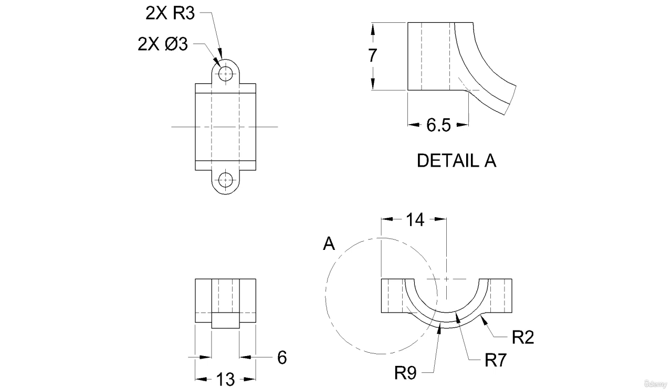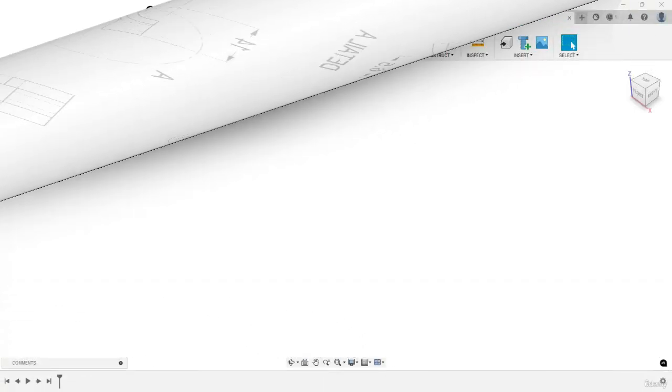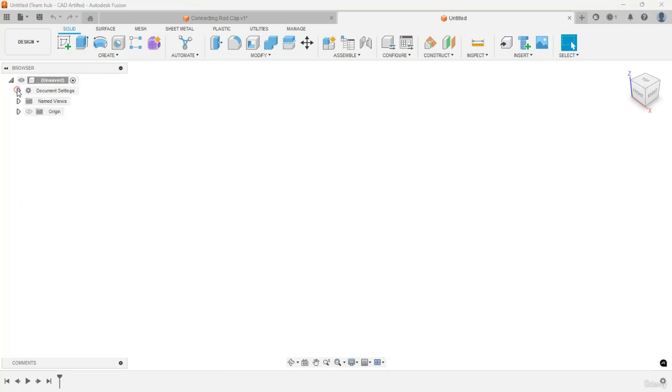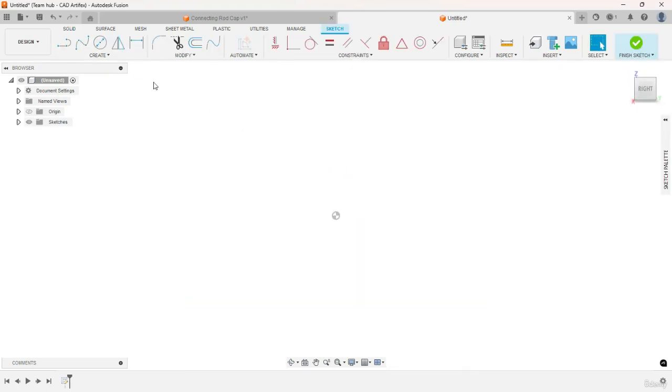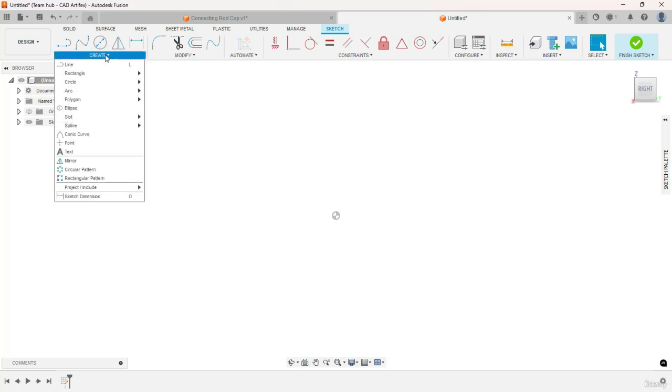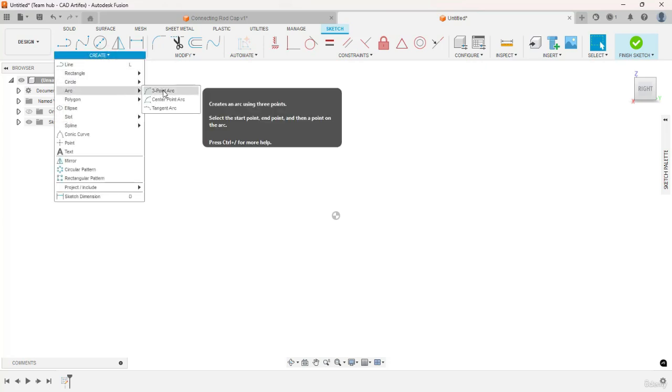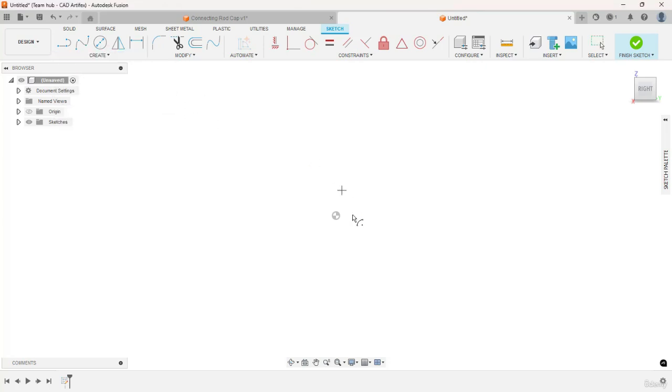Let's begin designing the piston rod cap. Take the new design workspace. Make sure your units are in inches. Invoke create sketch, select right plane, and from create, take center point arc, and from origin, draw an arc